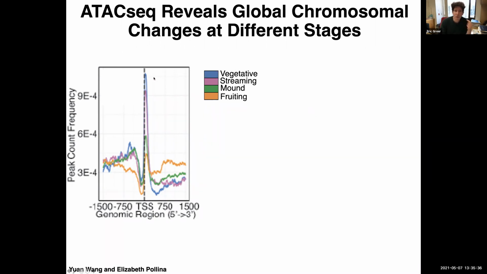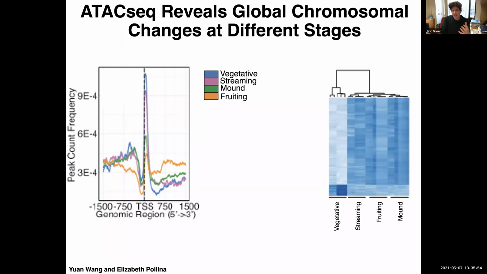So the vegetative, the unicellular stage, was more open and accessible immediately following the transcriptional start site, and this decreased as the organism progressed into the more multicellular stages, whereas there's more chromatin accessibility in the gene body in the multicellular stages. And this dramatic shift in chromatin accessibility can be visualized when we analyze this in a heat map format,